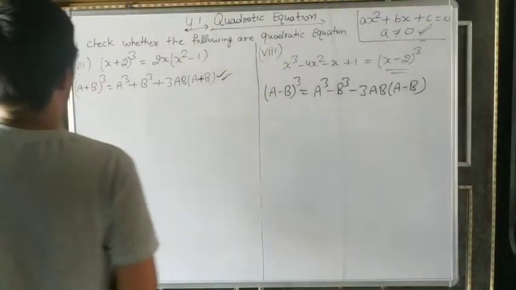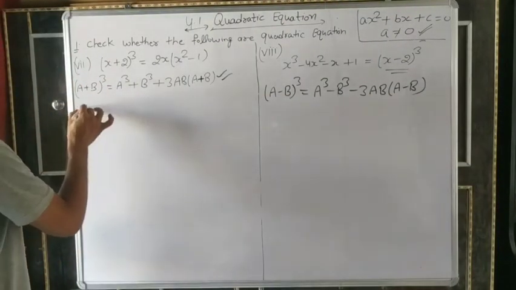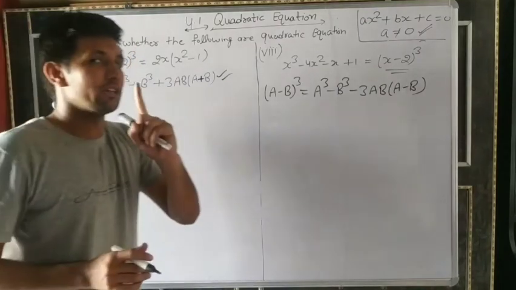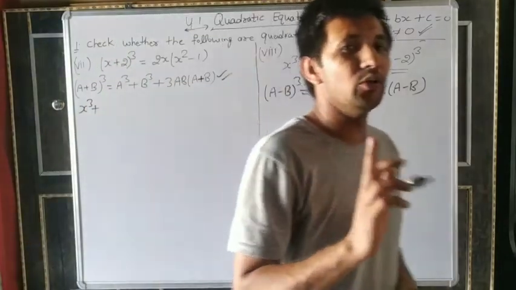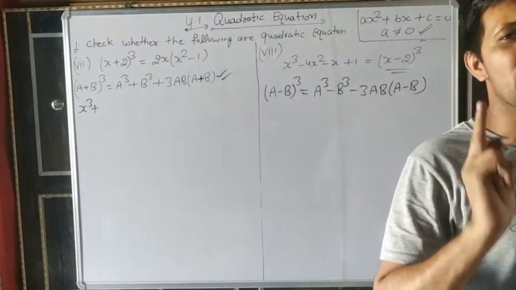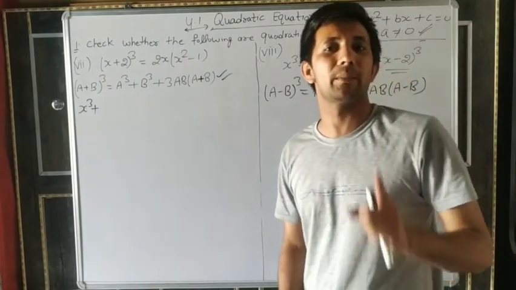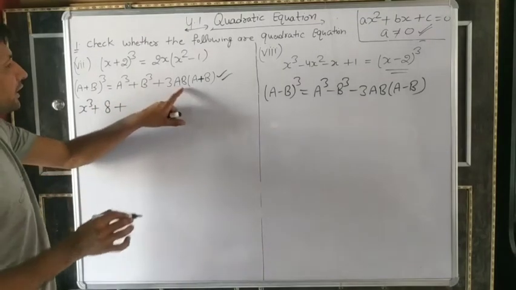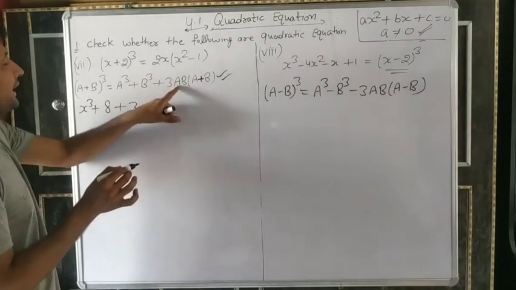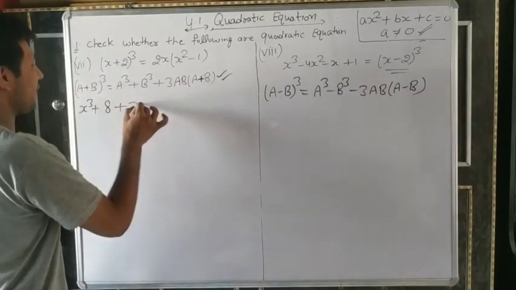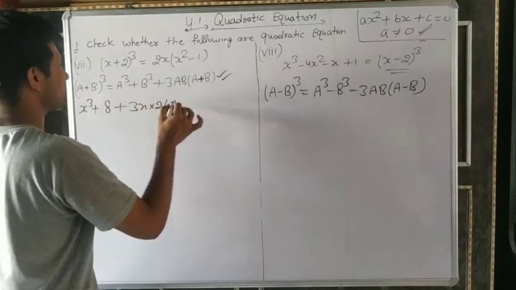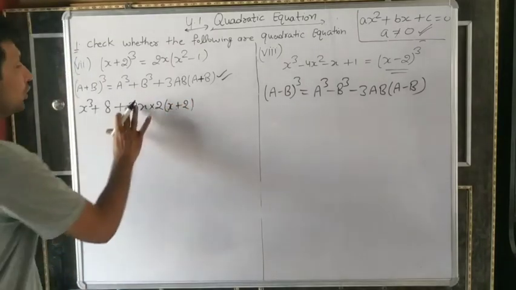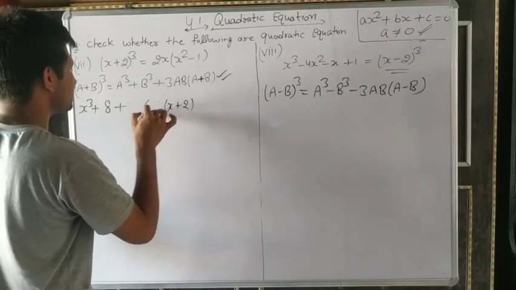Okay, so we will open first number x cube plus b cube, b is 2 cube. That's why I always told you, you must remember at least 1 to 12 cubes and 1 to 30 squares by heart. So 2 cube is 8 plus 3 into ab. So 3a into b, so 3 into x into (2a plus b), x plus 2. So you can write 3 into 2, 6x. So it becomes 6x.